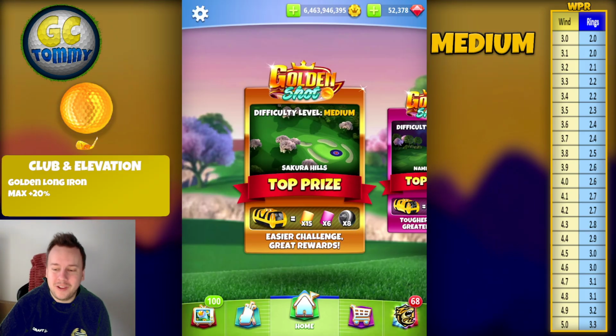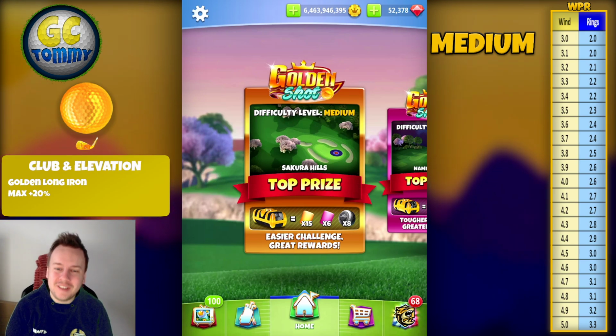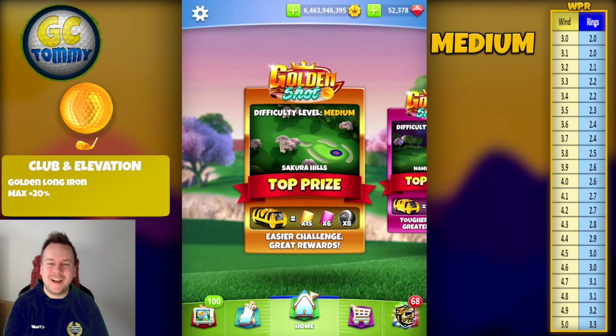Hello everybody, welcome to this guide and tutorial for the golden shot. Difficulty level is medium and we are going to take a look at the Sakura Hills, which is a par